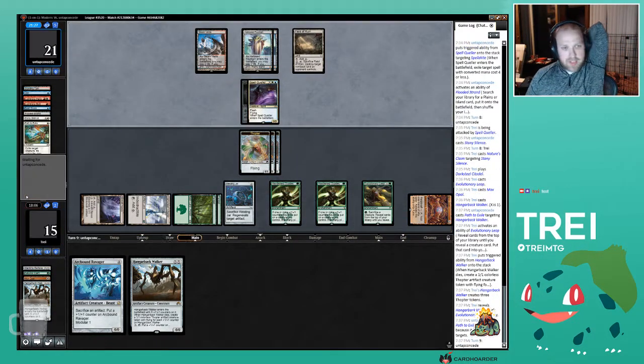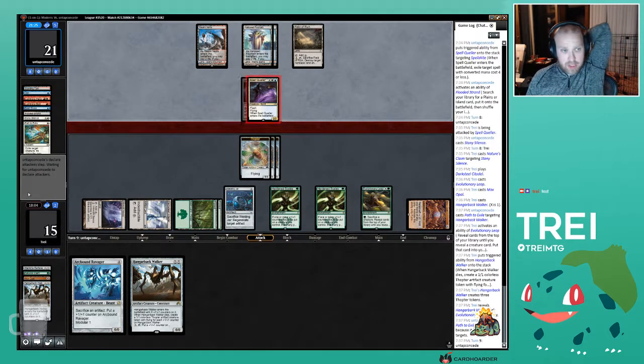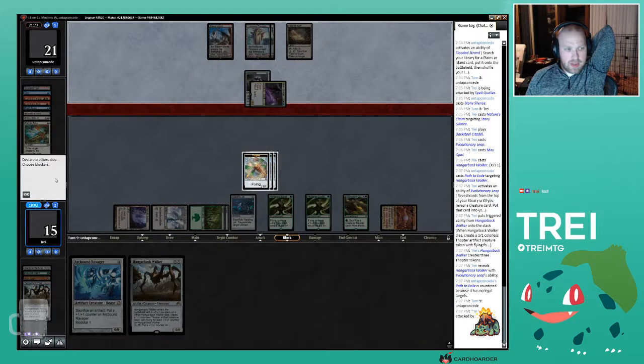Unless our opponent untaps and has like a Wear Tear, I think we're gonna win. This Evolutionary Leap is gonna just do work, and we're just gonna... I'm just gonna take